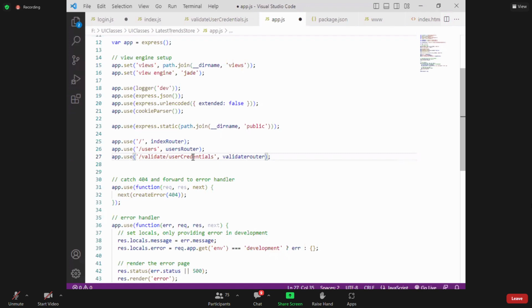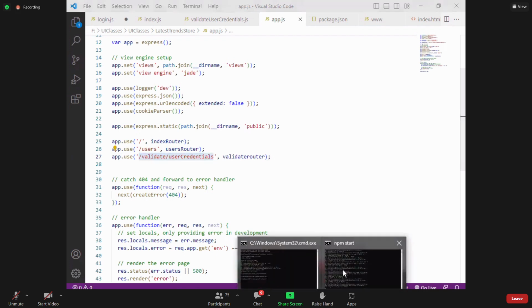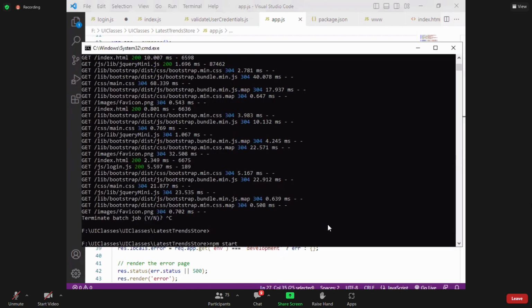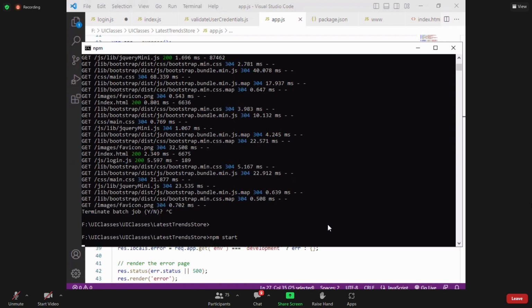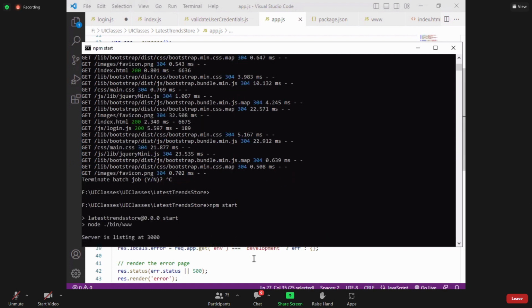Is it not relevant for this? It is more relevant, right? If anyone looks into this web service, they'll say that okay, they are going to validate the user credentials. That's it, boss. These are the very simple steps we need to follow in order to create a web service inside Node.js. Now, once I save this, I come back. Do I need to restart anytime I make any changes here? Restarting is recompiling the Node.js code. Now, when I say npm start,